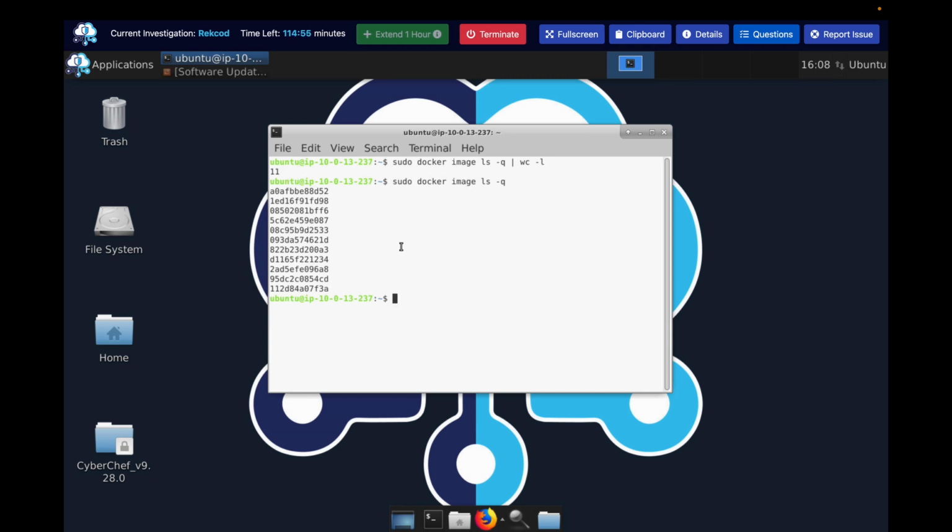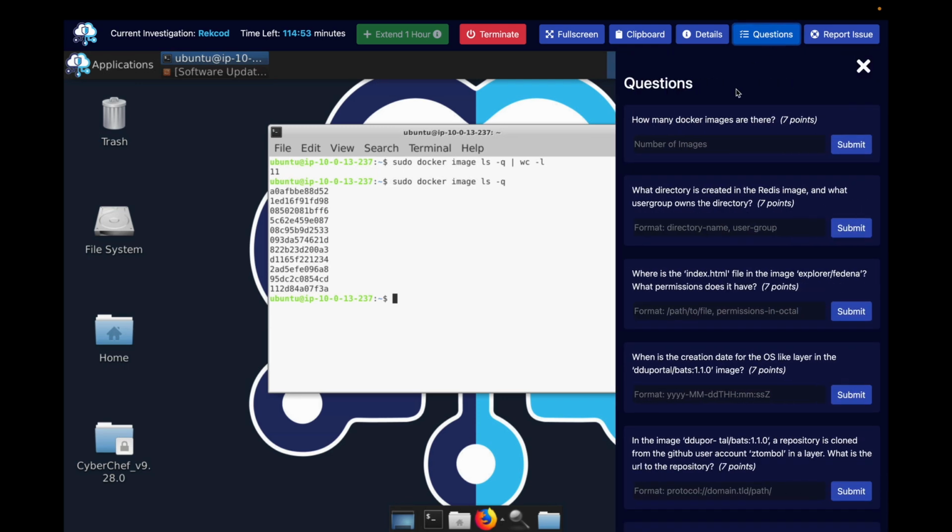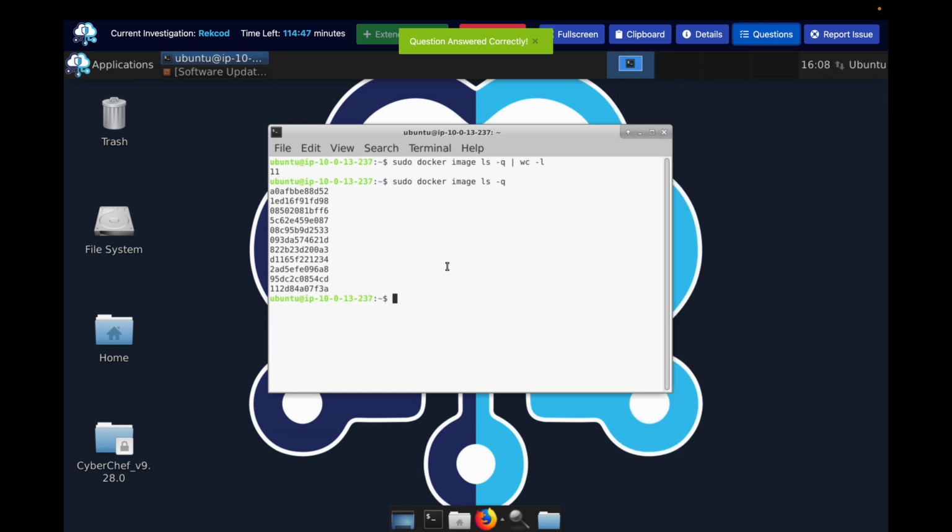I'm going to put that in for our question, but let's actually break this down. So let's verify how many Docker images there are. So there is 11. Cool. But let's break down the command. So we ran sudo, right? That's to give us superuser privileges, necessary to run Docker. We ran the command ls, guys,